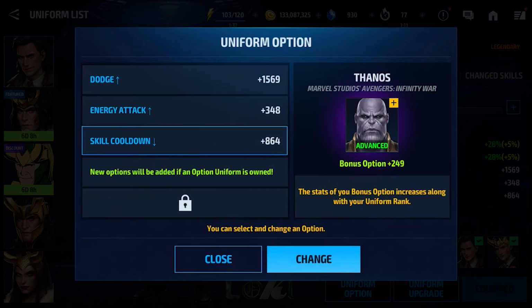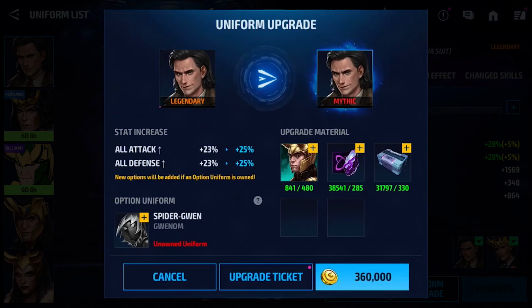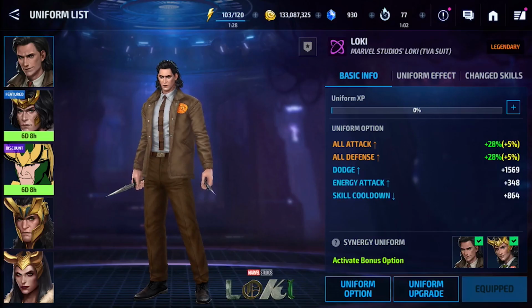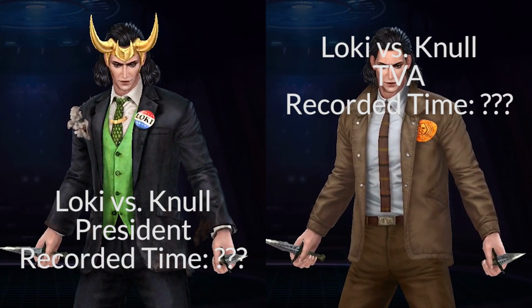I think it's just nice because I own like 3 of these uniforms. Unfortunately, I don't own the 4th and the 5th uniform. However, I will still be working on getting it mythic. And you know, maybe one day I'll buy the Spider-Gwen uniform. Who knows? Alright, so with that out of the way, let's take these two Lokis into some content to see